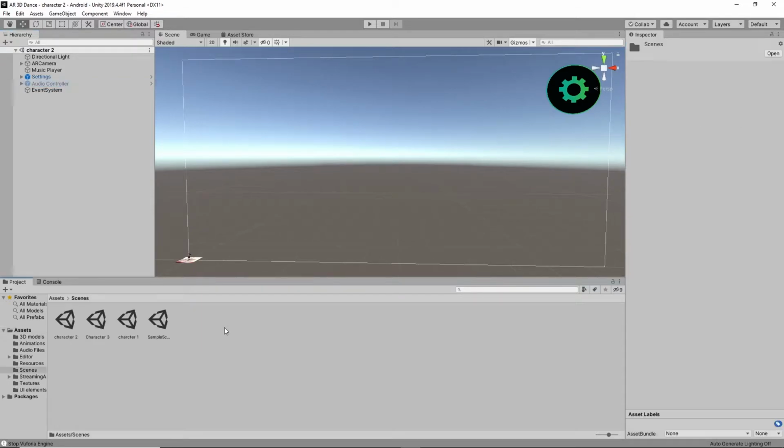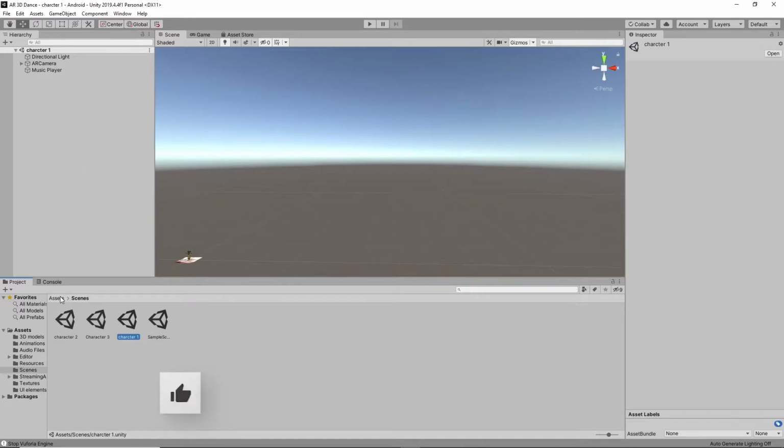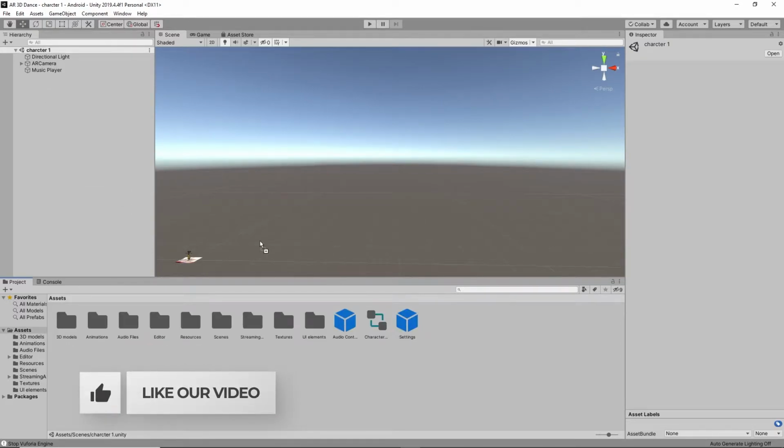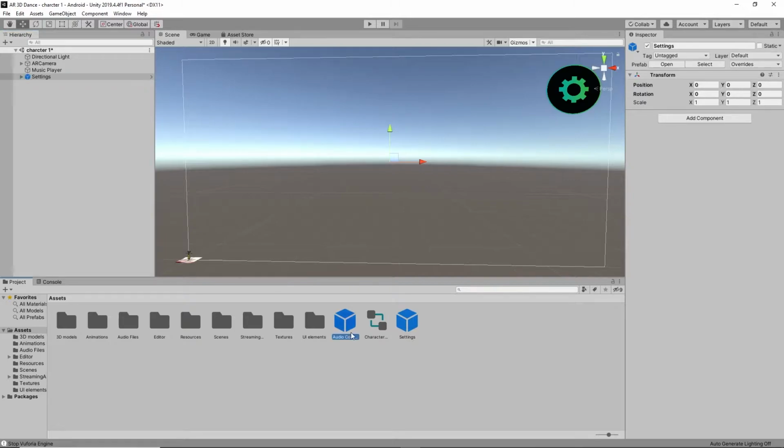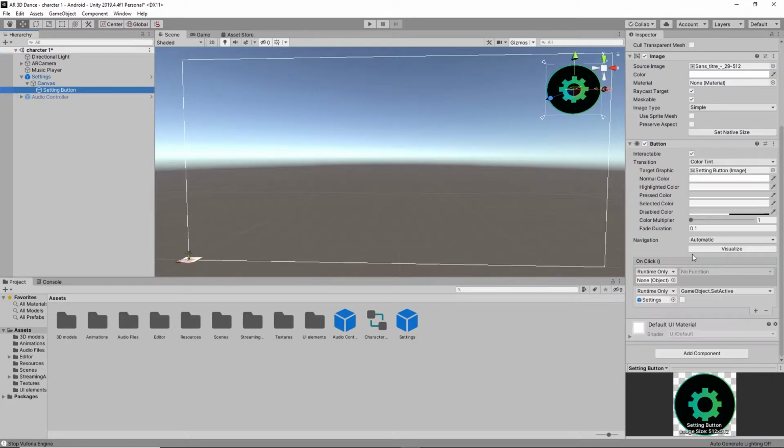So again now click on the character 1 scene. Here again add these prefabs, one is settings and one is audio controller. So in settings you have to change again, in the settings button you have to give the functionality of the audio controller, right? Here you have to give the function.